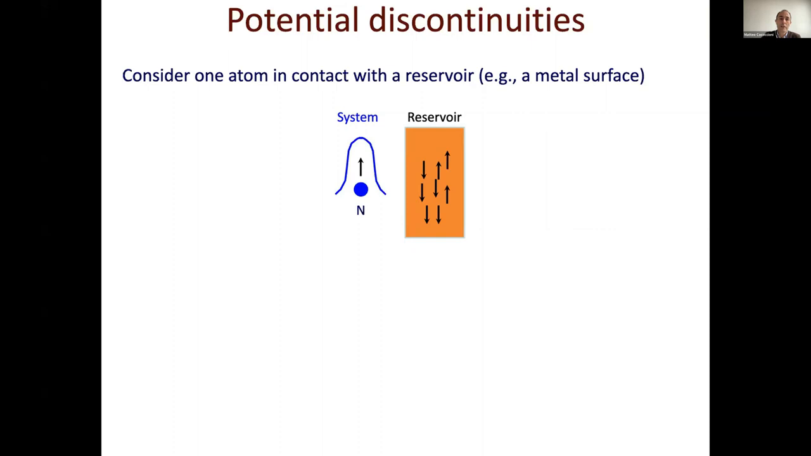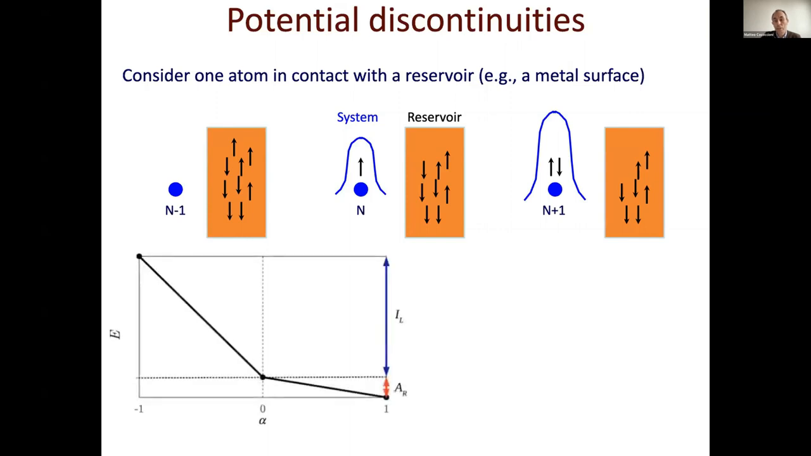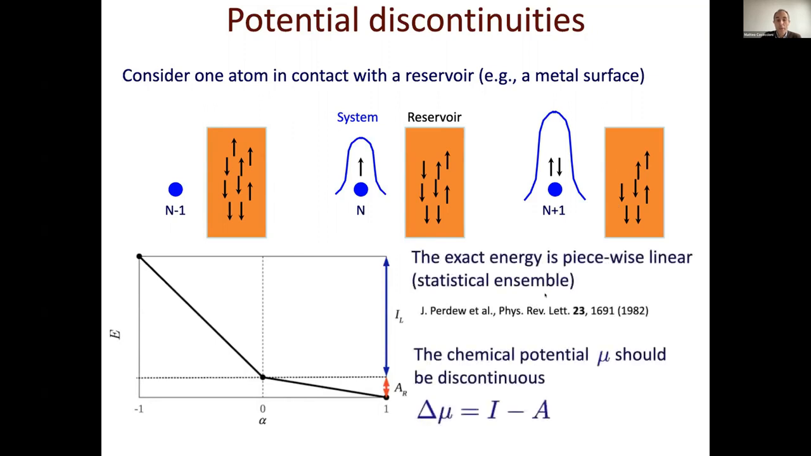and his co-workers, who said that if you have a system in contact with a reservoir with which it can exchange electrons, then the energy should have a piecewise linear behavior. This is very important because it also affects the chemical potential shift. The chemical potential should be discontinuous at integer occupation. The chemical potential is basically the slope of these segments, and the difference in the slope at integer